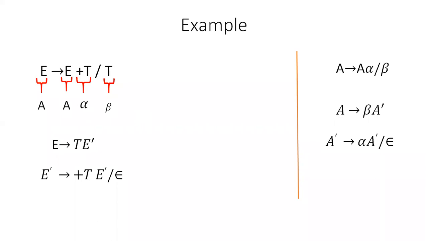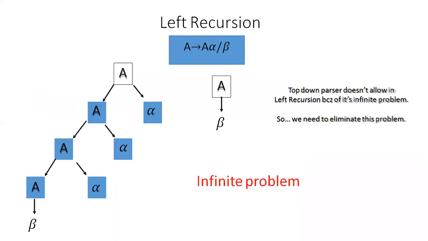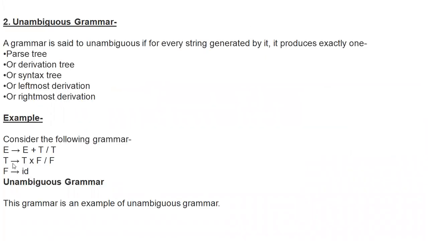Again, please eliminate the left recursion for the rule T tends to T star F or F. Take this rule and eliminate the left recursion. All of you note this rule. And for the rule E tends to E plus T or T, I showed you the example. And you take this one. And this F tends to ID does not consist of a left recursion. Why? Because it directly derives or defines the ID. ID is an identifier here, right?